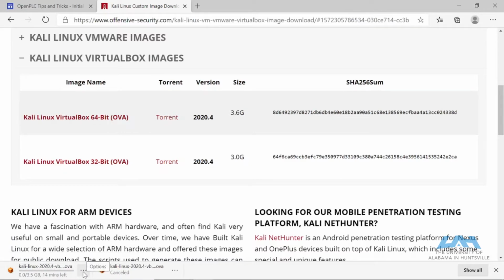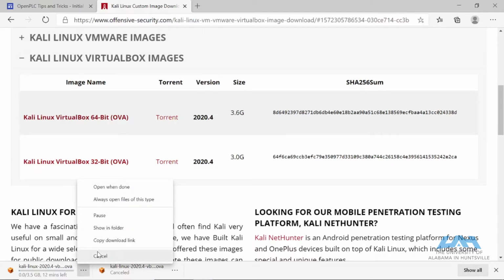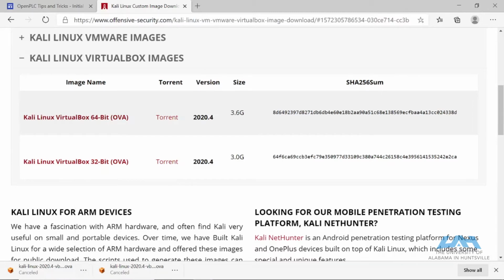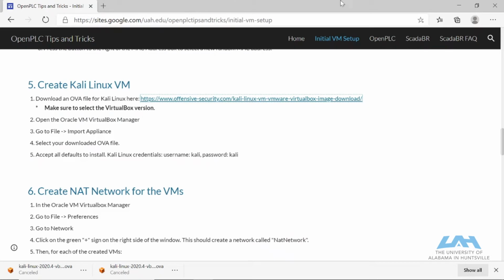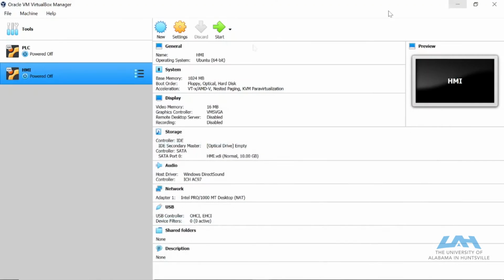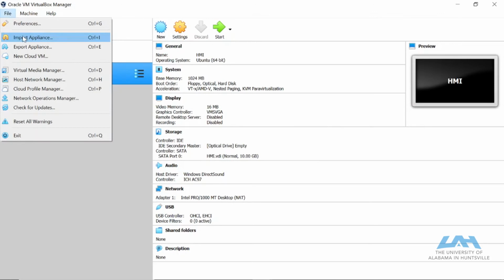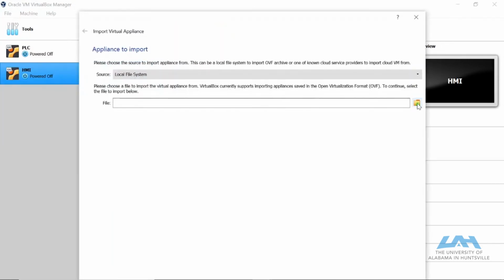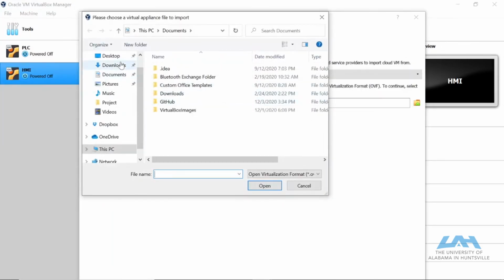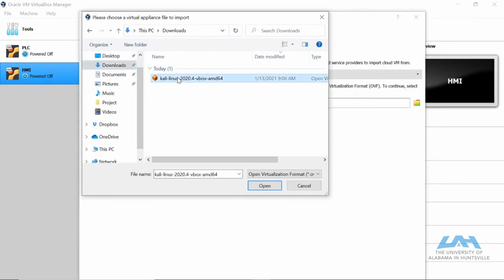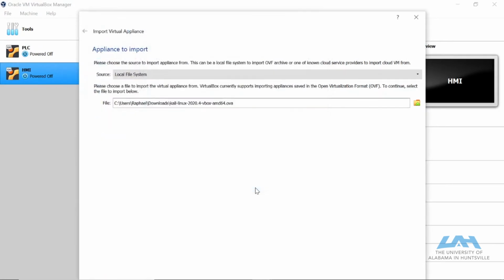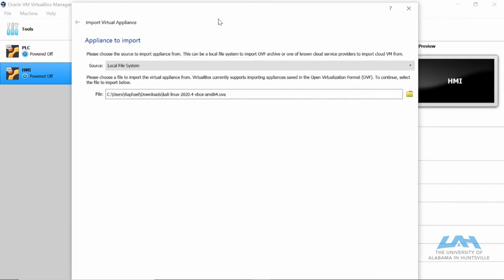downloading Kali Linux. I've done this step already, so I'm going to go ahead and cancel. So now what you have to do is open your VM, your VirtualBox, then go to File, Import, then add the download you just did here, then click on Open. And for some reason, VirtualBox is not